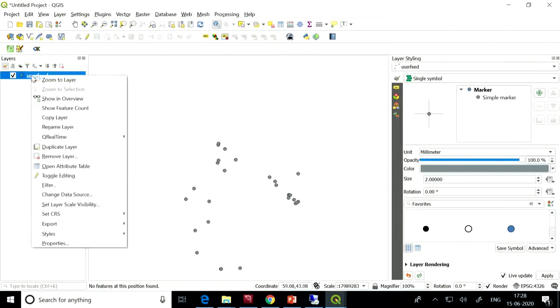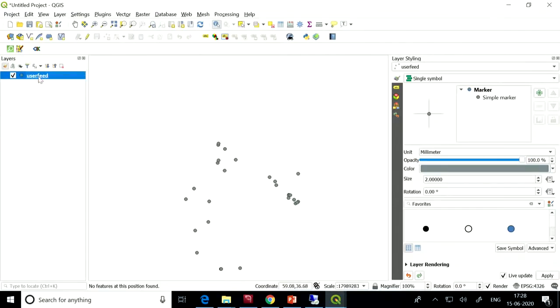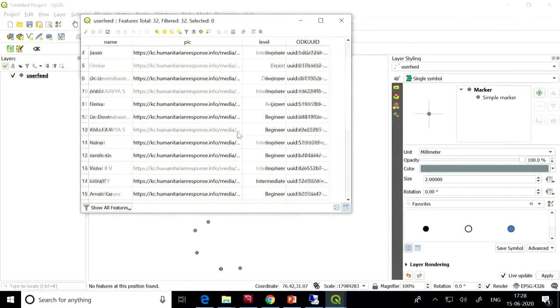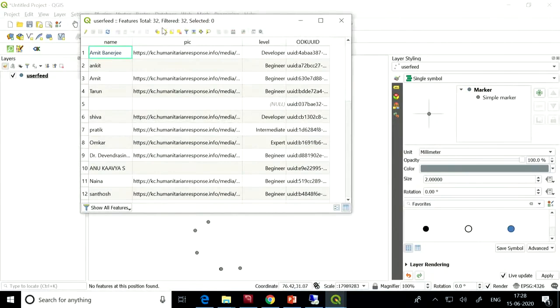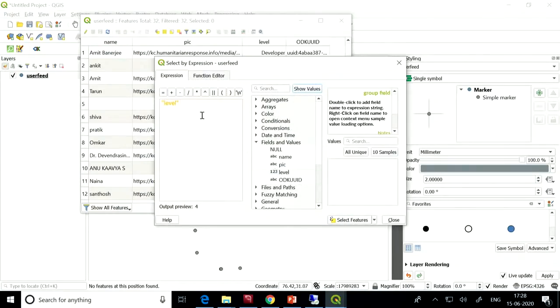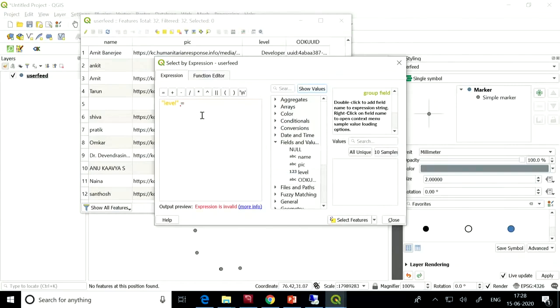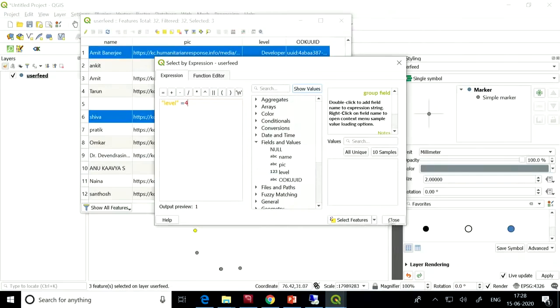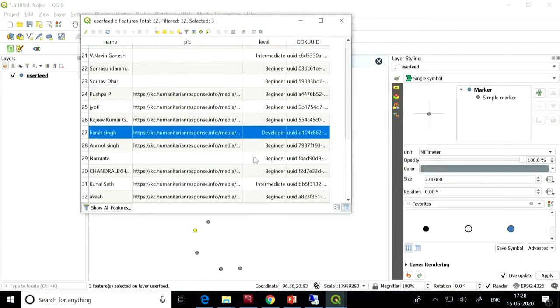Okay, I will just stop the sync now, right? So now if I open the attribute table, I can do different kinds of tasks. I can see how many developers there are. So if I want to select, I can say field level, where the developer level is equal to 4, and I select features.